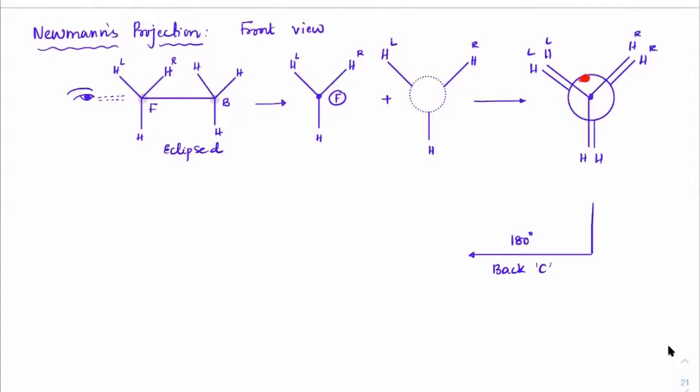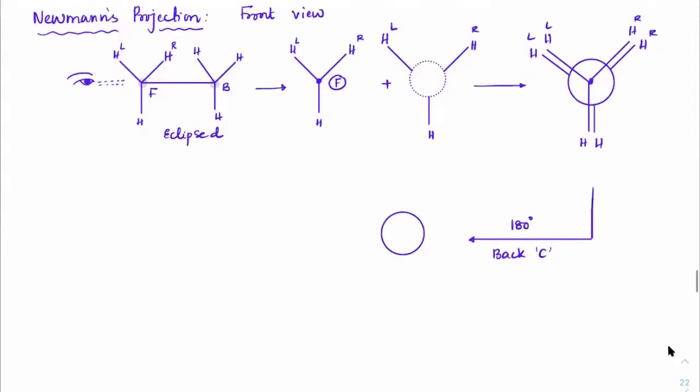On this circle, think of it like a car steering. I hold this part of the steering wheel, rotate it and bring it here so that it turns 180 degrees. The back hydrogen which is present here, as you steer, will come to this side. And this bottom hydrogen will go onto the top and come here. So how does it look now? On this back carbon, this hydrogen has come down here, this hydrogen has come down here, and the one which was at the bottom went up.